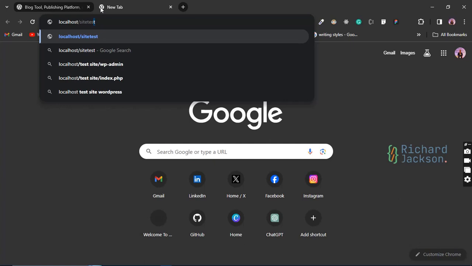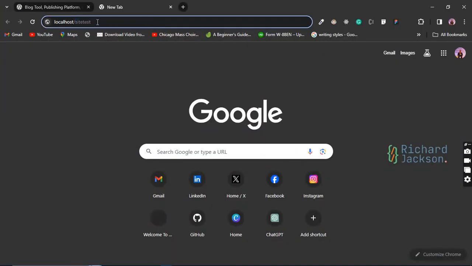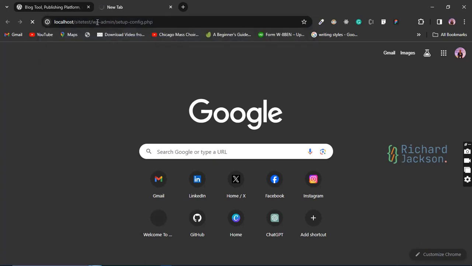So what will determine this name that you have here will be what you have here. So whatever you name the folder in the htdocs is what you will call and put here. So slash wp-admin means WordPress admin, then setup-config.php, because we're about to install the extracted WordPress on this website. Then you wait for it to come up,